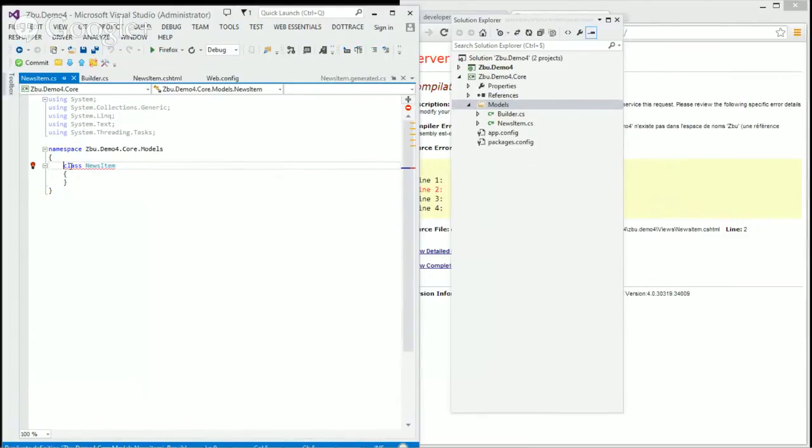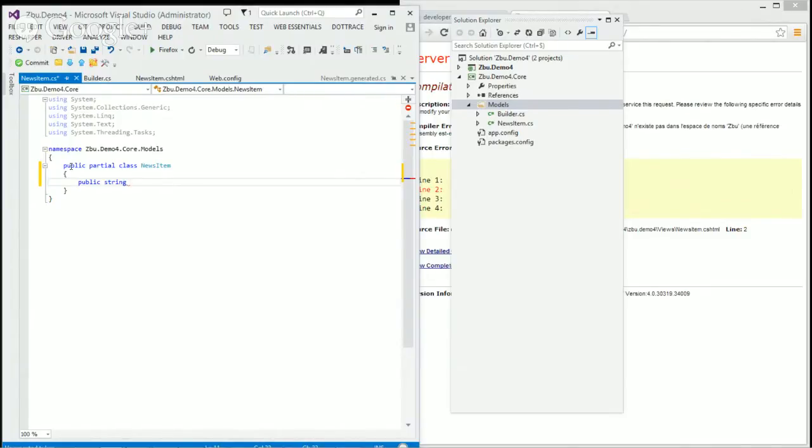So I have to say it's a public partial class news item. And then I can add anything I want. So if I want to add my own property, let's say, you know the logic about the dates for news items. If you want to use the first one, and then if it's empty, you fall back to the actual real date.